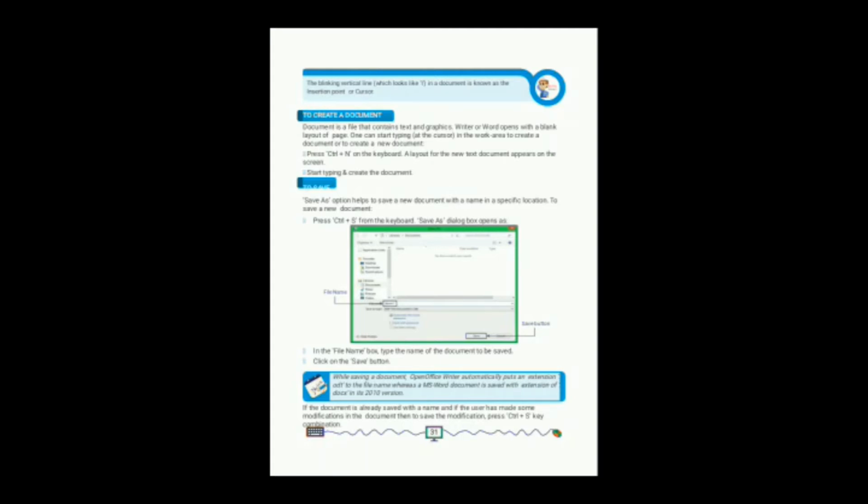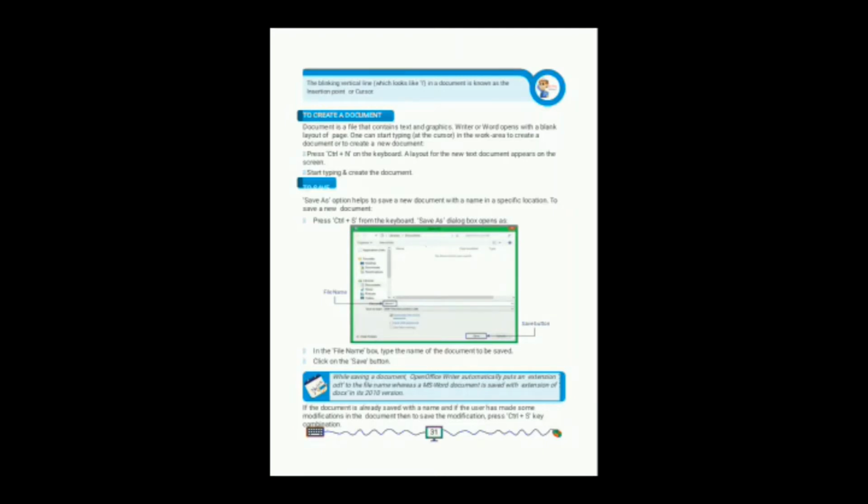We can also save with the help of the shortcut Ctrl+S from the keyboard. The Save As dialog box opens. In the file name box, type the name of the document to be saved. Then click on the Save button.